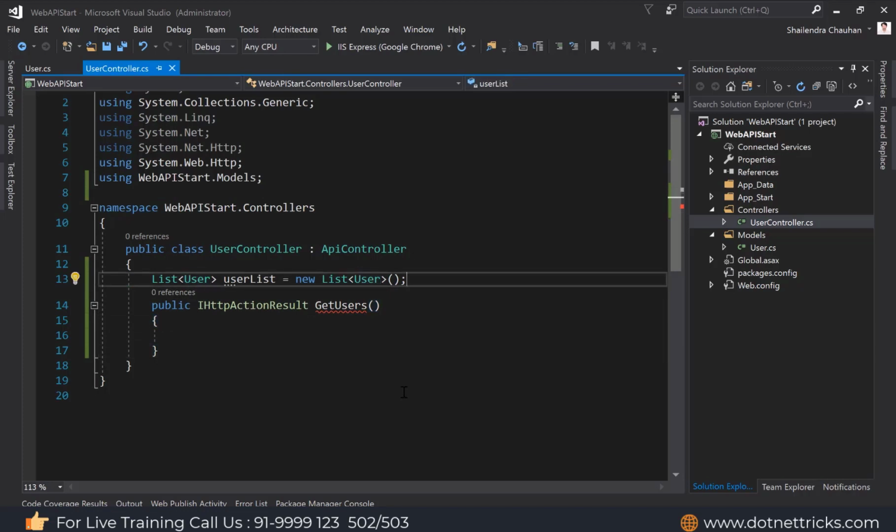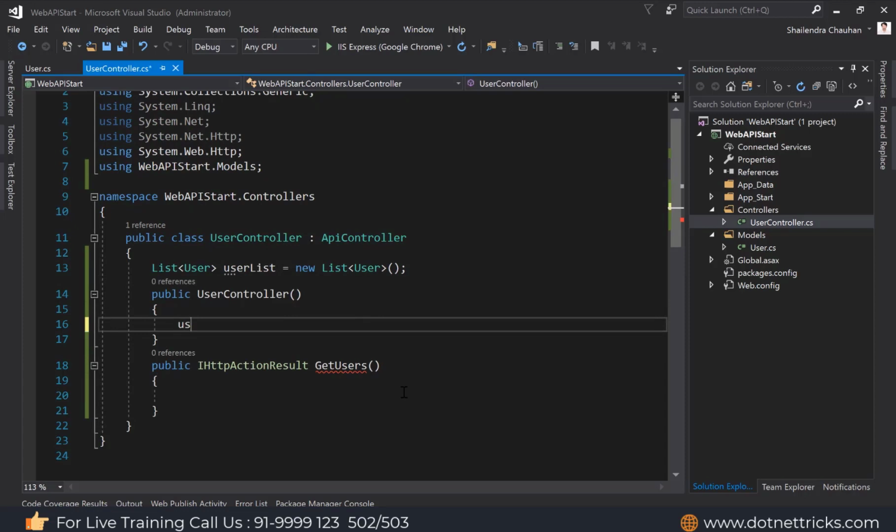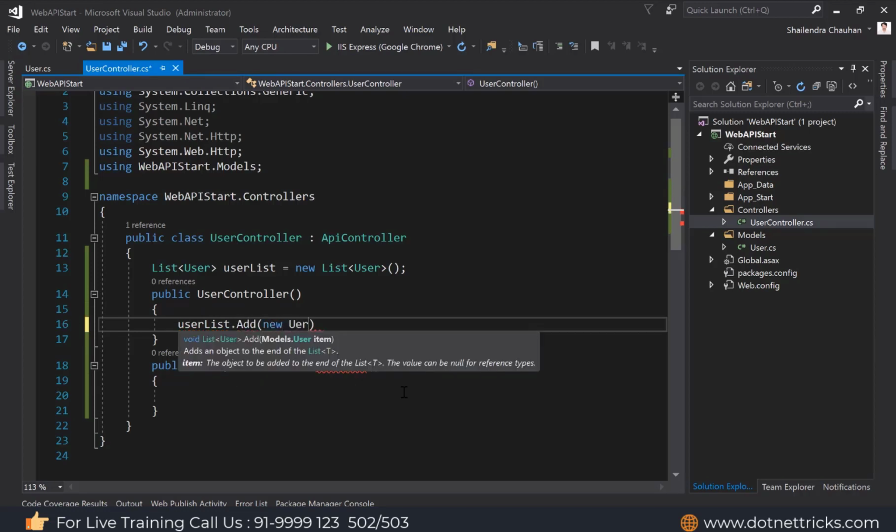And what I'm doing here, I'm just defining some data in this user list. Let's say userList.Add, and I'm adding a new User. I'm adding it only for testing purpose. Later on we will use the Entity Framework.